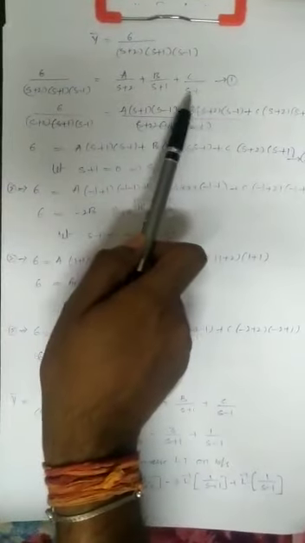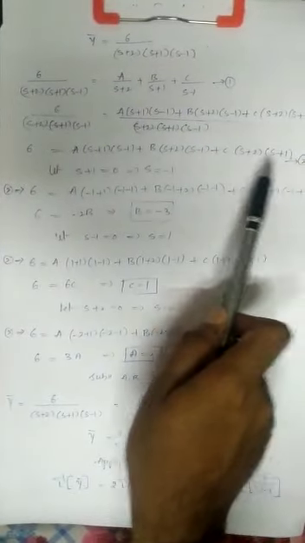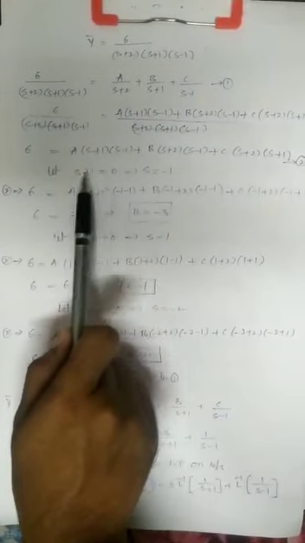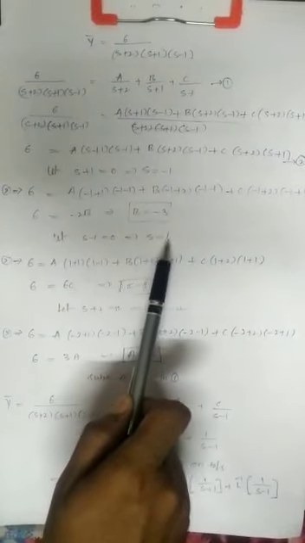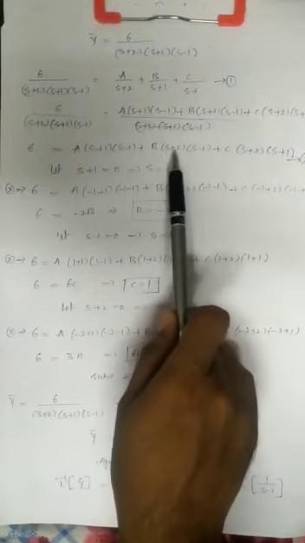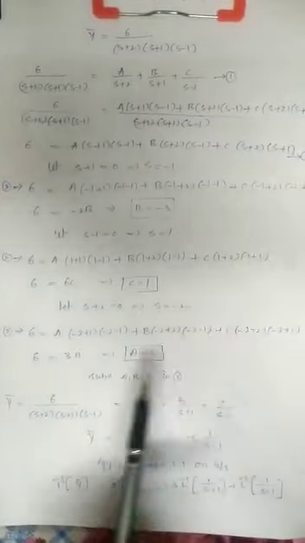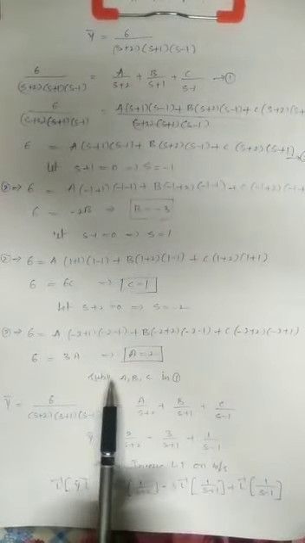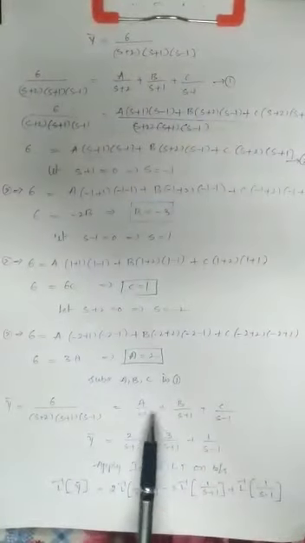So a by s plus 2 plus b by s plus 1 and c by s minus 1. Take the LCM and simplify it. You will get this equation, and in equation number 2 we have 3 linear factors. Make s plus 1 equal to 0 and substitute in equation number 2, you will get the b value. Then s minus 1 equal to 0, from that you will get s equal to 1 and substitute in equation number 2, you will get c equal to 1. The third one is s plus 2. Make it equal to 0, s equal to minus 2, substitute in equation number 2, you will get the a value. Then substitute the a, b, c values in this equation.